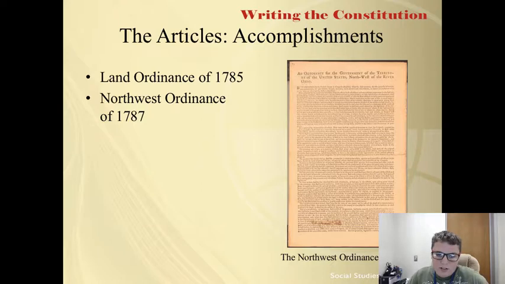The Land Ordinance created an effective and equitable way of surveying and distributing land in the Northwest Territory. The ordinance divided land into 6 square mile blocks known as townships, and then further into 1 square mile sections. The land was then priced for sale at $1 per acre. In addition, the ordinance reserved certain sections for establishing schools as well as raising revenue for the national government.